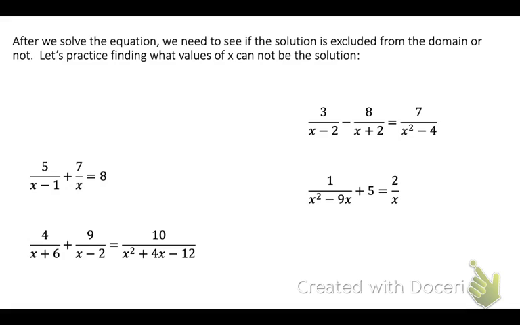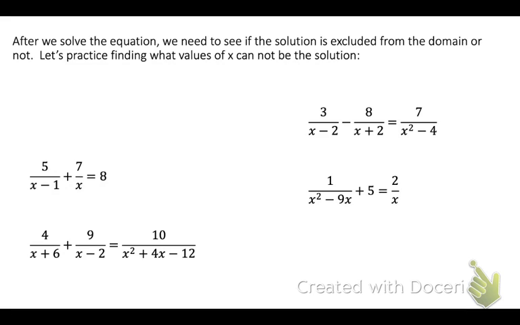After we solve the equation, we need to see if the solution is excluded from the domain or not. Let's practice finding what values of x cannot be the solution. So once we solve these rational equations, we're going to have x equals a number, or maybe x equals 2 numbers. Now, the reason that a solution may be excluded from the domain is if it makes a denominator equal